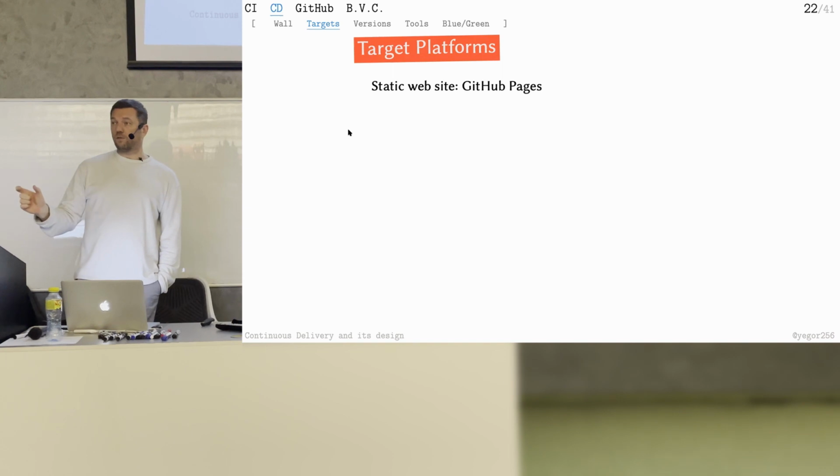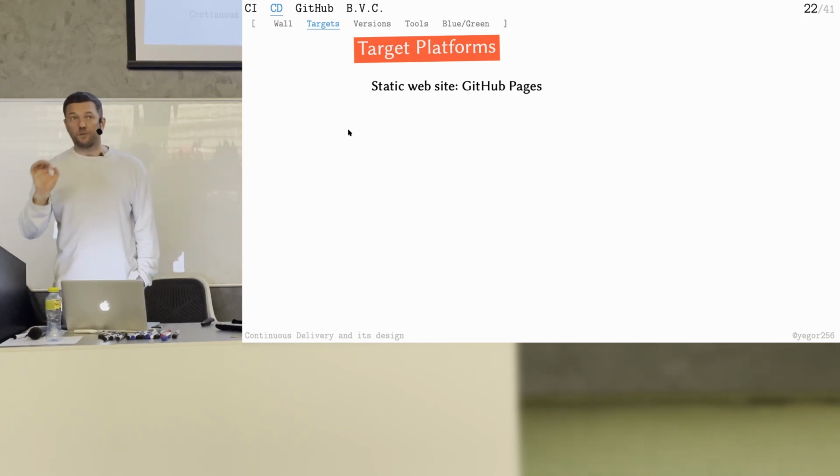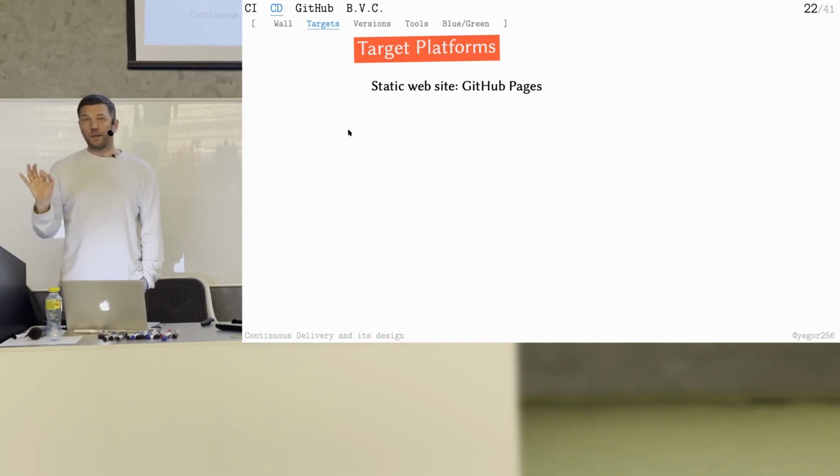GitHub Pages is a platform where you can place your HTML files and then configure the URL, configure the domain of the website, and GitHub Pages will start showing these files to end users. So you can design your blog, you can design your site for no money because GitHub Pages is completely free. You just put HTML files there, find out how it's configured. It's not so difficult. And you will get your own blog in just 5 minutes.